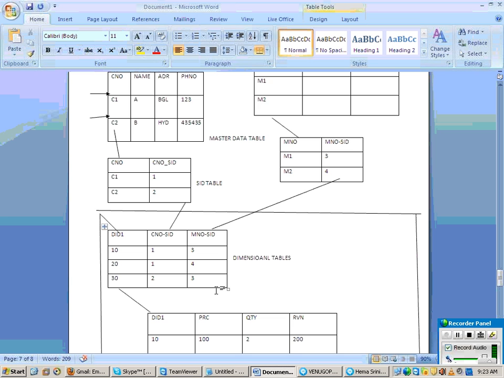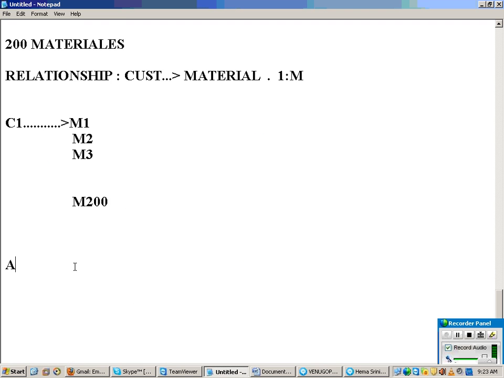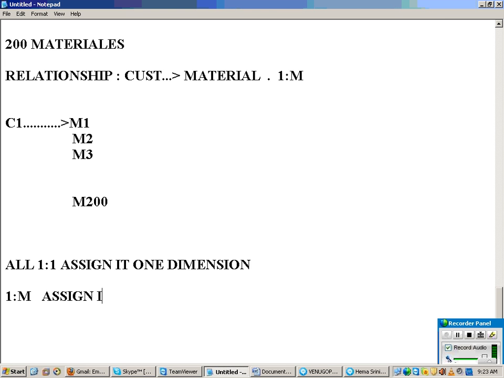Now the feasible design is clear. So what is the feasible design? All one-to-one, assign to one dimension, and wherever it is one-to-many, assign to different dimensions. Clear the logic?